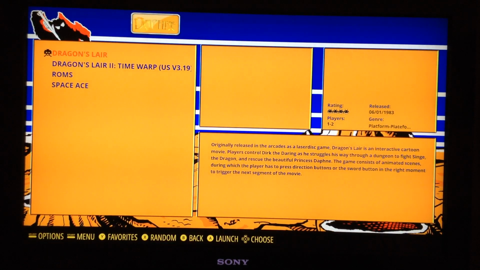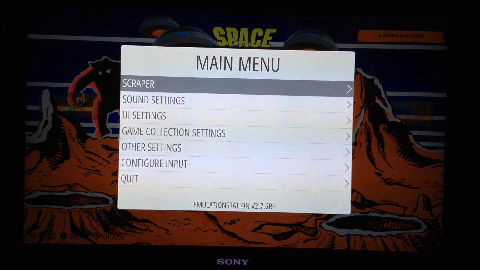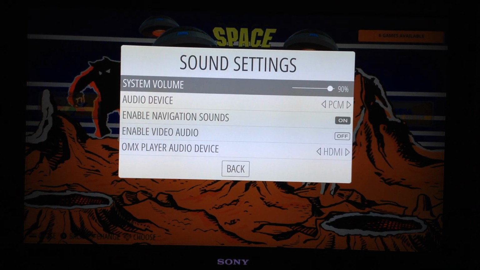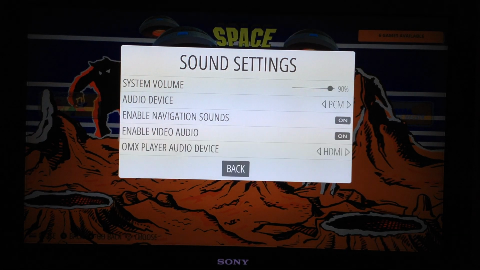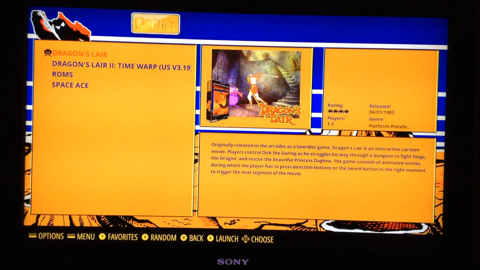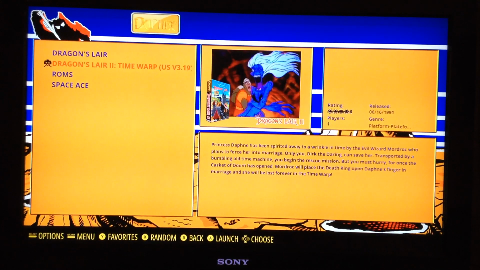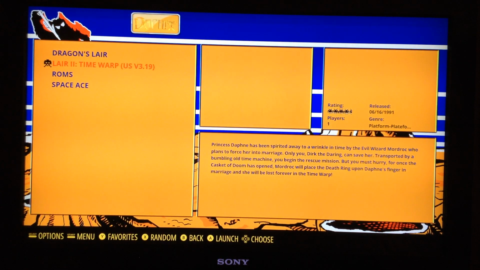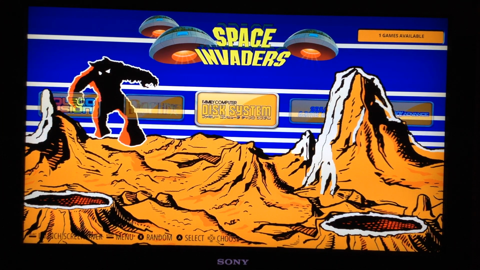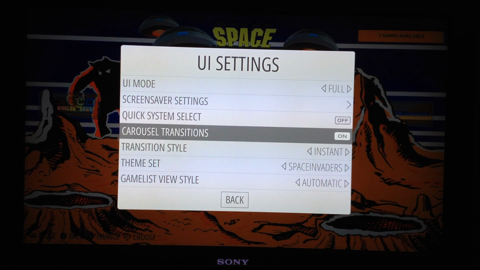ColecoVision, Daphne. Oh, let's turn on the audio on the snap view, like this. Dragon's Lair. Fantasy adventure. Dragon's Lair. So it's very good, but the best is